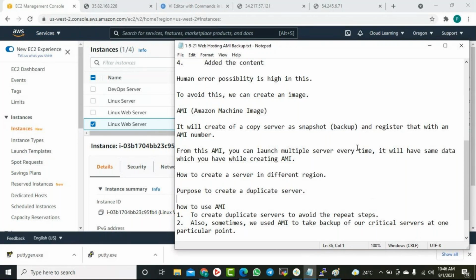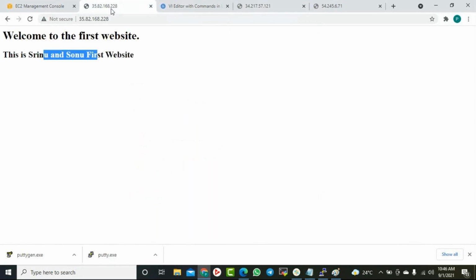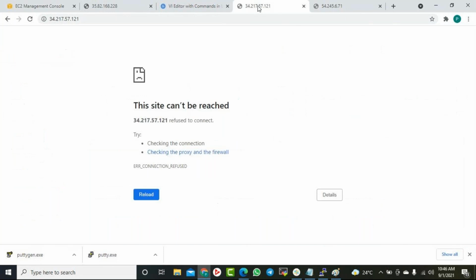Okay, now let's see, is it working? There is one step missed before creating this. Now if you see, this server is not getting connected.